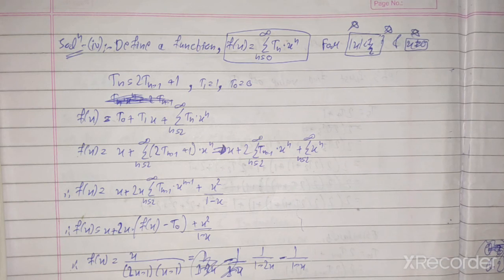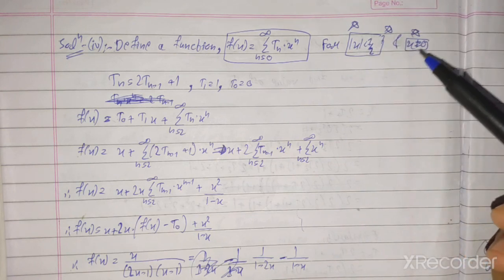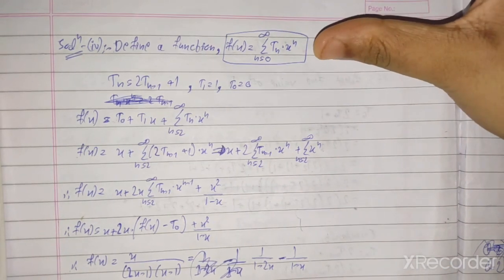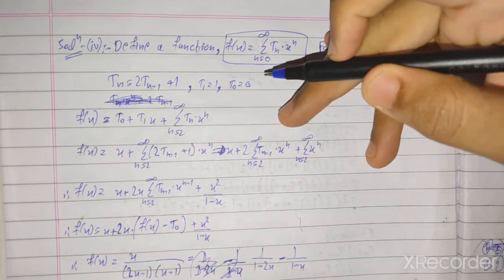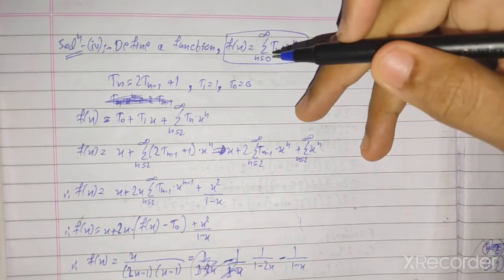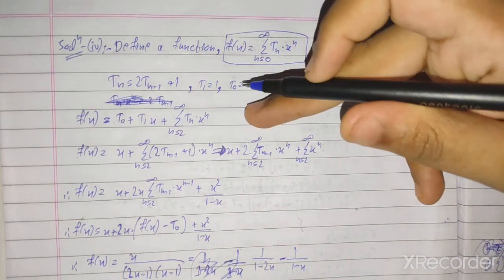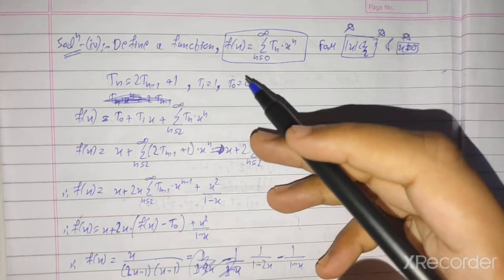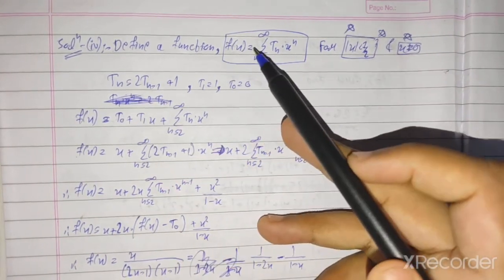First of all, why will it even help us? And you may find it non-intuitive. And why this bound on x, mod of x less than half and x is not equal to 0? Okay, let's for now forget it. Only focus on this function we have defined. This is called the generating function of tn, f(x) is equal to this. Let's now focus on this bounding on x. Just focus on this newly defined function. Okay, now we have been given tn is equal to this. Now how to find the general form? By defining a function like this.